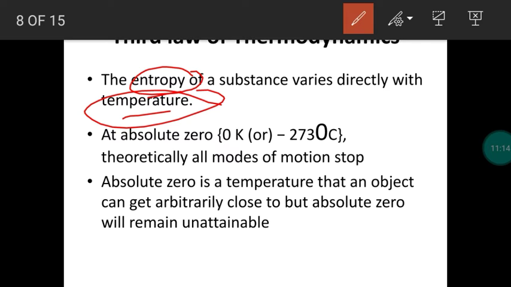What is absolute zero temperature? It means 0 Kelvin or minus 273 degrees Celsius. Consider a pure, ordered arrangement of a crystalline substance. We take a solid having an ordered arrangement in crystalline form. There are two types of solids, crystalline form and amorphous form. The proper three-dimensional arrangement will be possible in a crystalline structure.